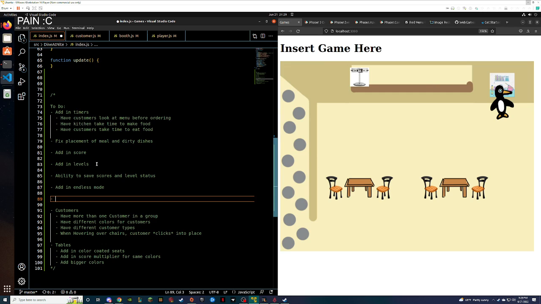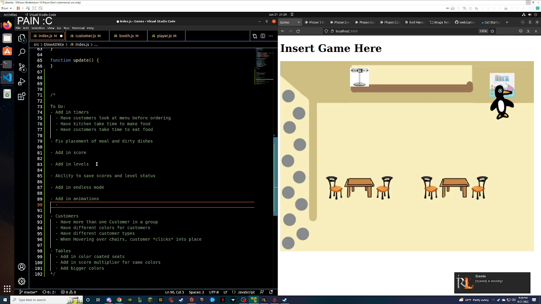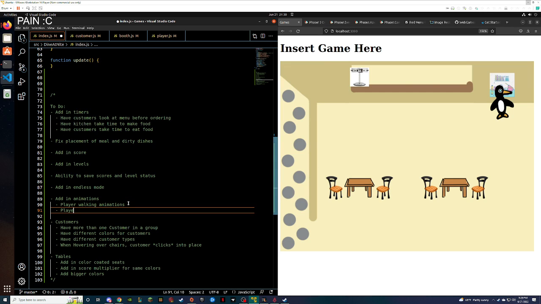Okay. Add in animations, and this is for, whew, there's gonna be a lot of them. So we're gonna want player walking animations, player holding animations.